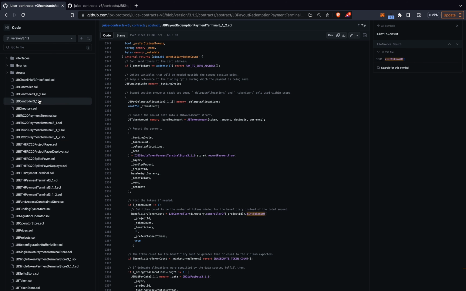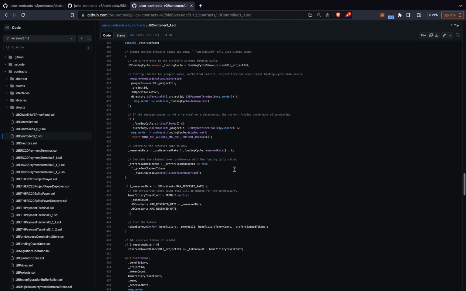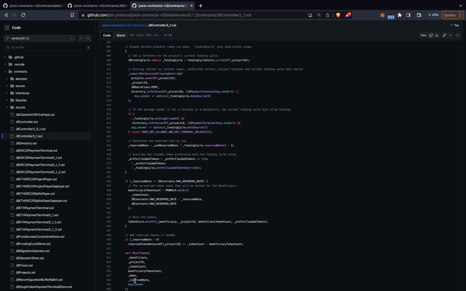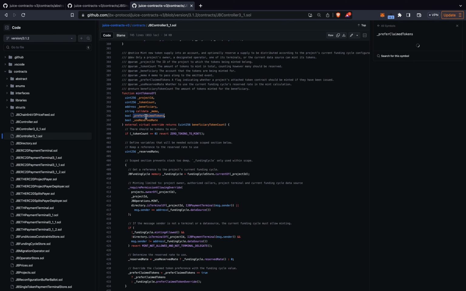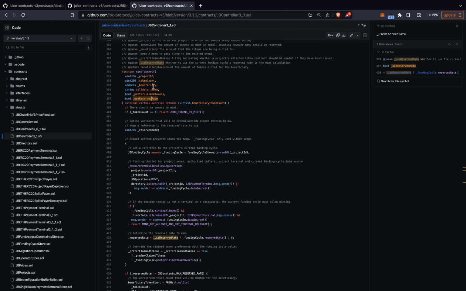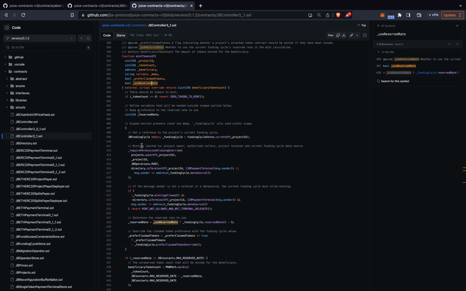So I'm going to hop into mintTokensOf. It's fairly short. So what it expects is project ID, the number of tokens being minted, who the tokens are for, and a memo that's optional that will get included here. The prefer claim token flag, and then also a flag indicating if reserved tokens should be used. mintTokensOf can be called directly from the project owner, or it can be called from a current payment terminal of the project. So the bulk of this initial work here is this require permissions allowing override call